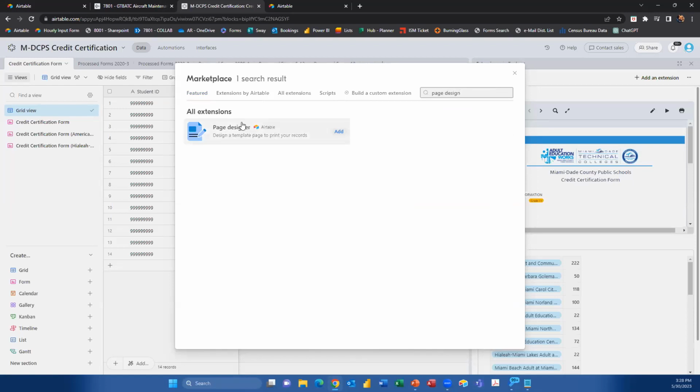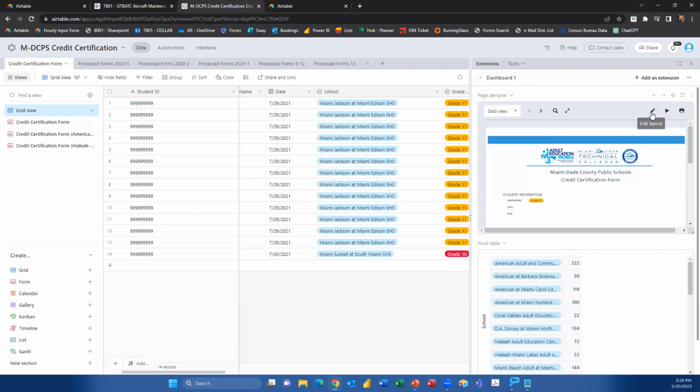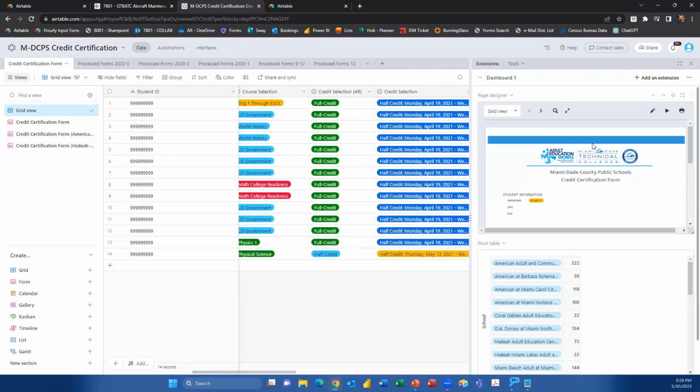And what Page Designer does is it allows you to take your records and print them into PDFs or turn them into forms. So what that looks like is this right here. So let's take a look at our credit certification data. We have 14 records here for various different courses. And if I go over here to the Page Designer